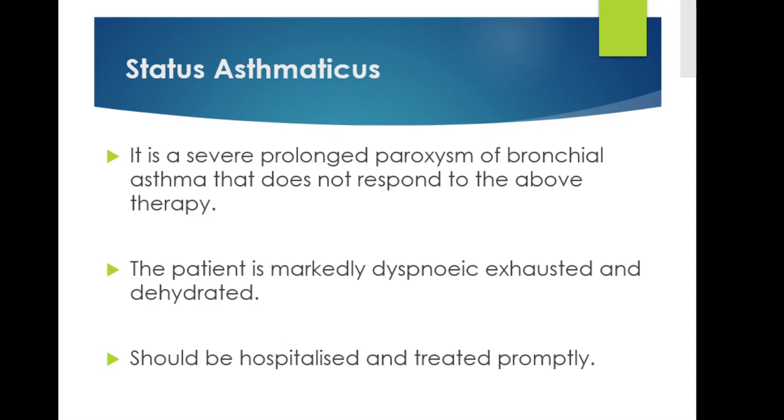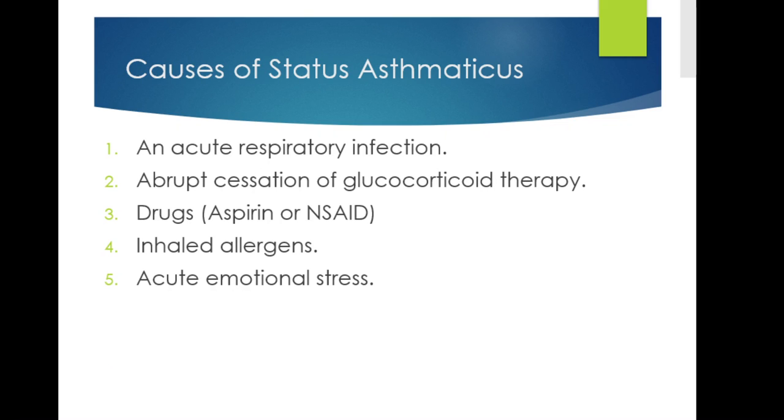Since it is a medical emergency, the patient should be hospitalized and treated promptly. The causes of status asthmaticus are acute respiratory infection and abrupt cessation of glucocorticoid therapy. If you stop the glucocorticoids, the inflammation will increase and there will be an attack of status asthmaticus. Use of drugs like aspirin and non-steroidal anti-inflammatory drugs, inhaled allergens, or acute emotional stress